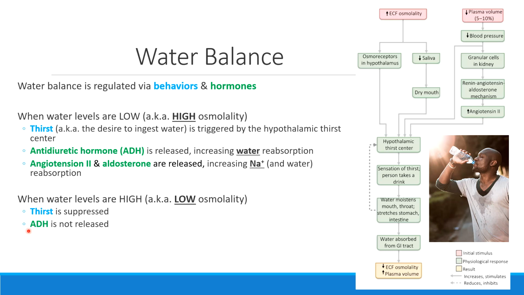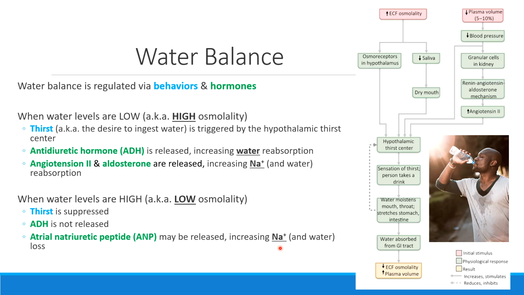I also will not be releasing antidiuretic hormone that helped to absorb water. And it's possible that I might even use atrial natriuretic peptide, ANP. Atrial natriuretic peptide is something that helps to increase the loss of sodium. So notice that when we're talking about water balance, we're also talking about either reabsorbing or secreting sodium, because